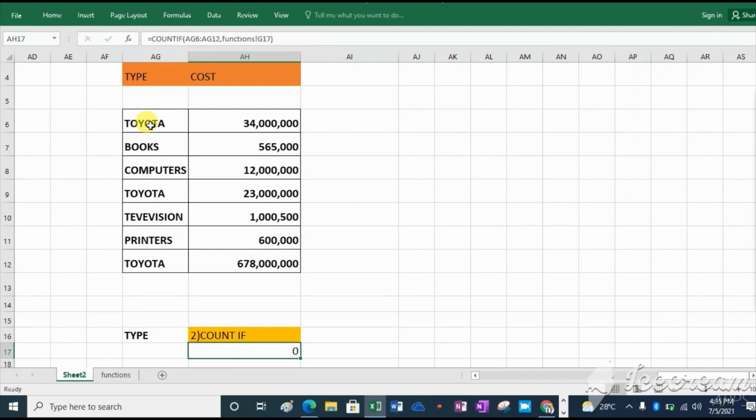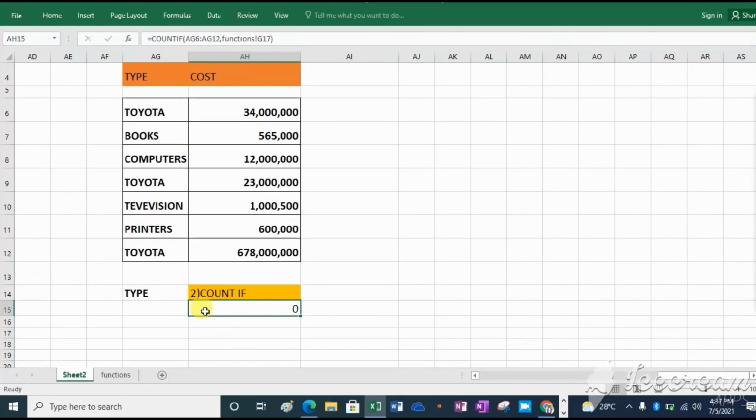But imagine when you have a sheet with 4,000 Toyotas. Will you count 1 up to a million? No, we will use a formula known as count if. So let us try to type this count if.